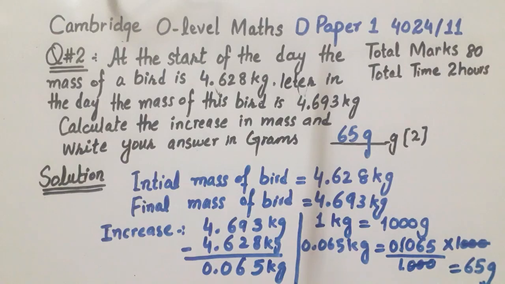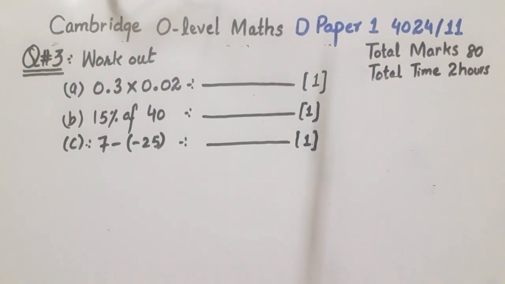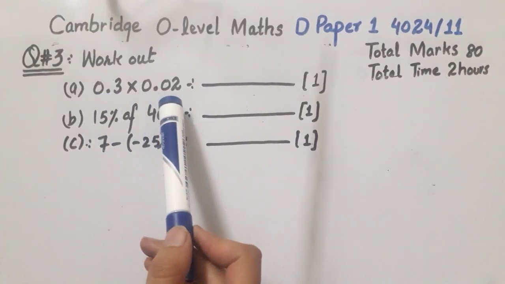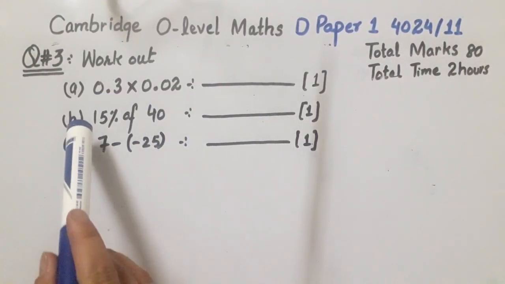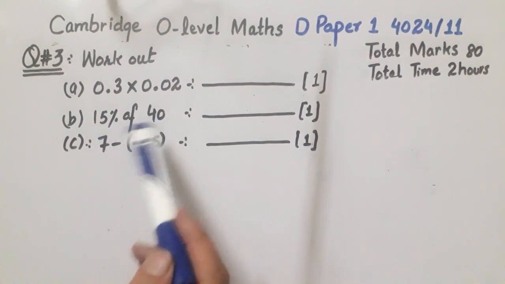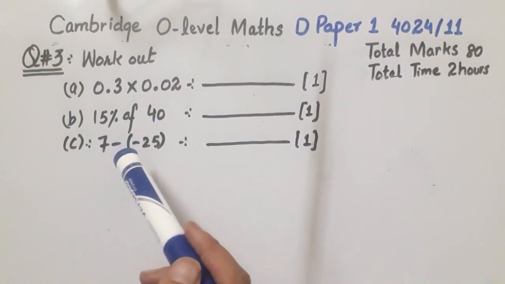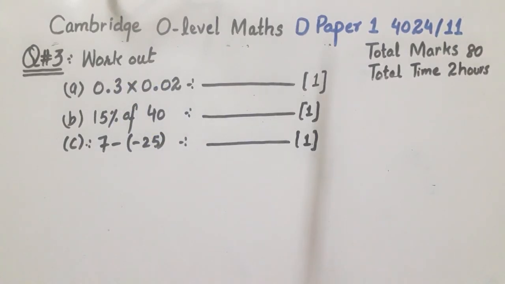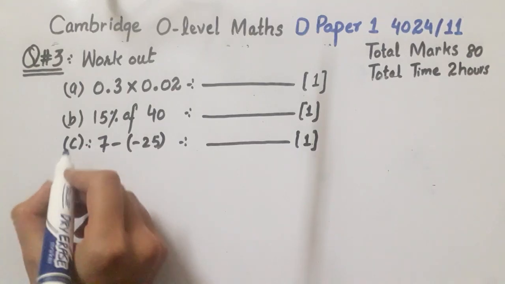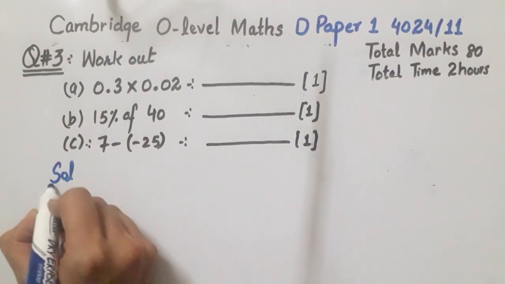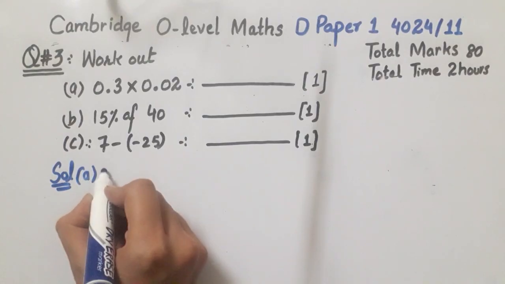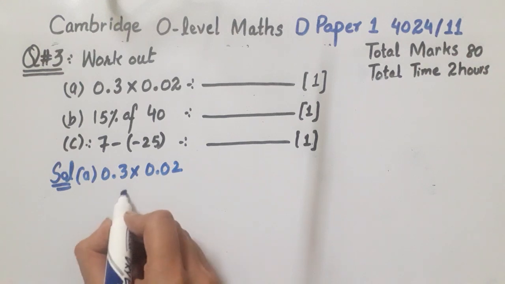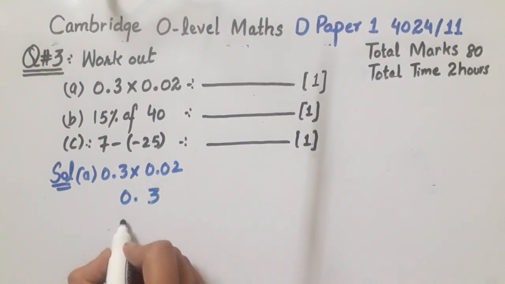Now we will solve question number 3. Now question number 3 is: work out 0.3 multiplied by 0.02 is equal to what? In the B part, 15% of 40, and in the C part, 7 minus minus 25. We have to give the answer, and each contains 1 mark. So first of all we will solve the A part. 0.3 multiplied by 0.02. So you will write 0.3 and then